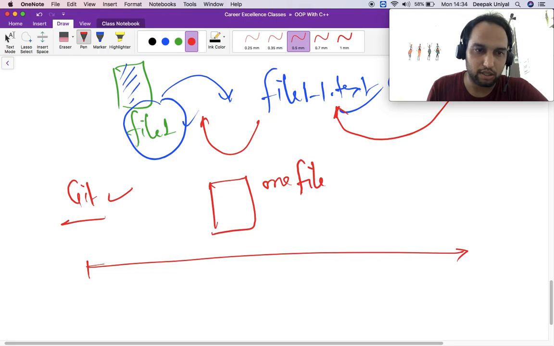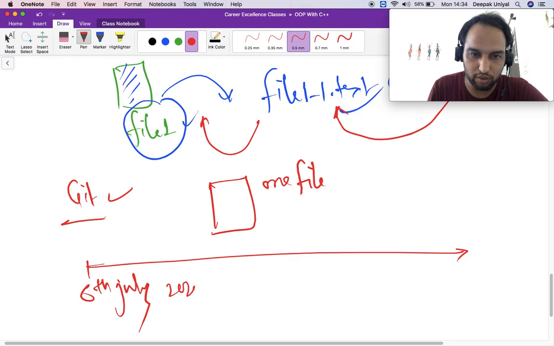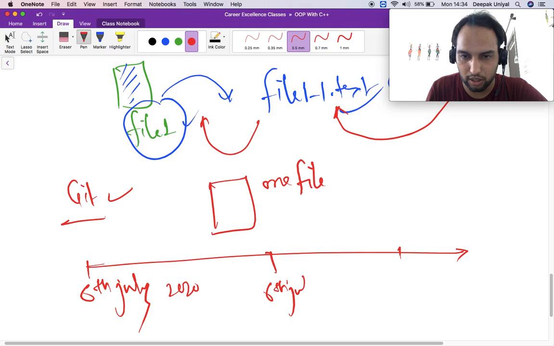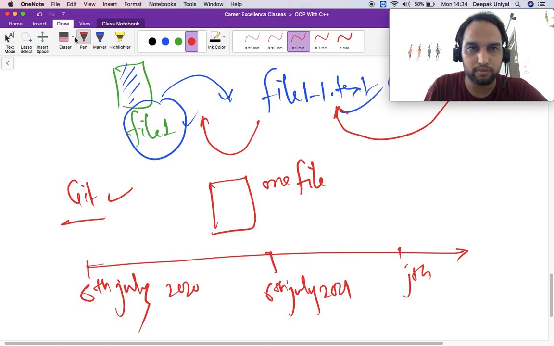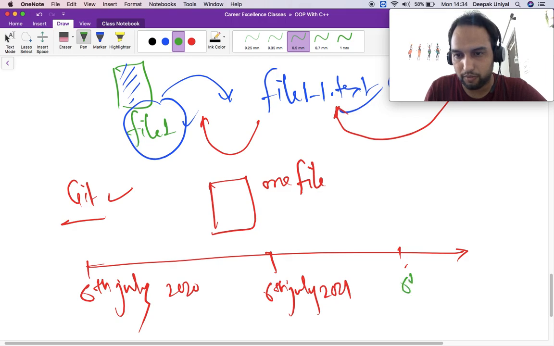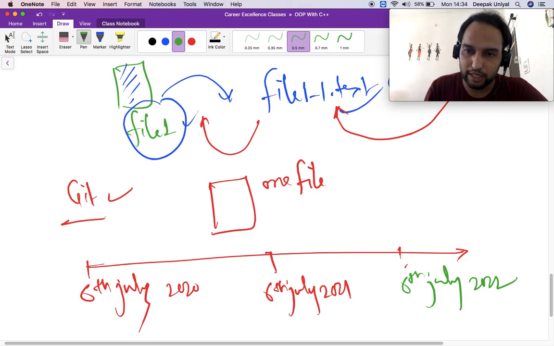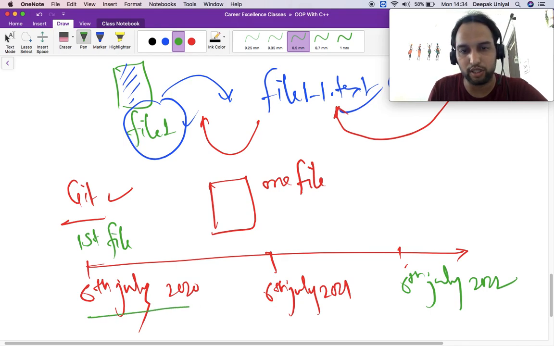Suppose today is 6th of July 2020, and somewhere 6th July 2021, and somewhere in the month of July 2022, you want to access the first version of the file that you created on 6 July 2020.